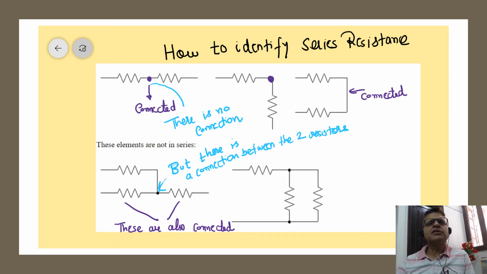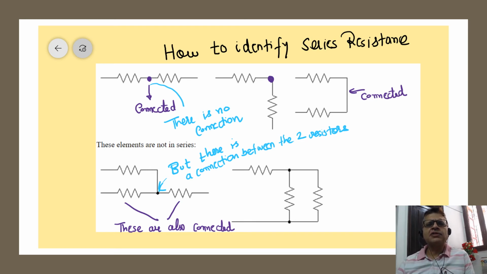But compare this with the bottom figures. In the bottom figures also you have resistances which are apparently in series, but they're not in series. Look at the point of connection in bottom figure number one, where there is a purple dot that shows the point of connection. You can say this is also series, but it is not, because at the point of connection, you have one more connection going out of that point. So if you have an extra connection at the point of connectivity of two resistors, you cannot say that these two resistors are in series.